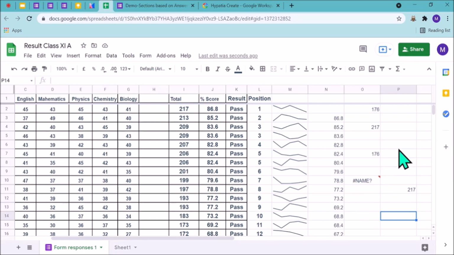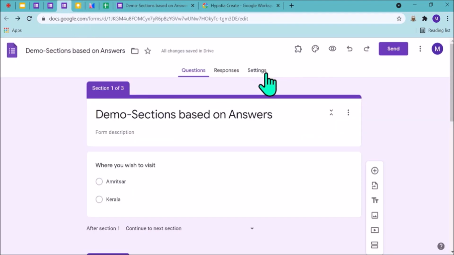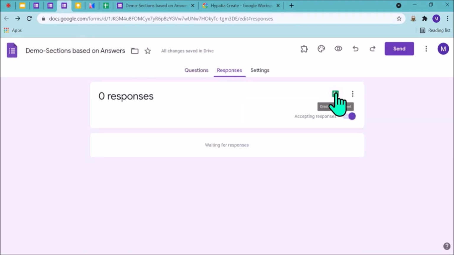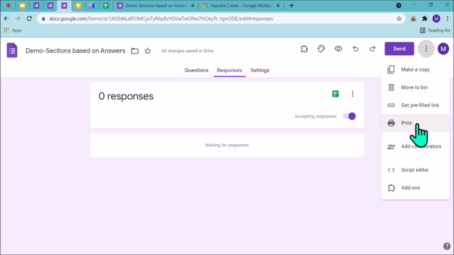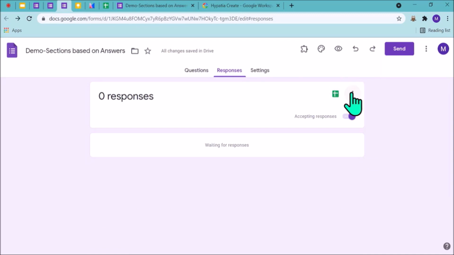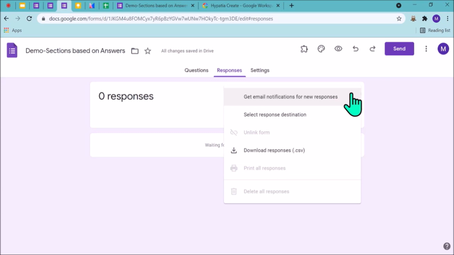Ma'am, how can we do that? What is CSV, by the way? Pardon, ma'am. Ma'am, just see. This is the response sheet. No, ma'am, next to the Excel sheet icon, the 3 dots. Yes, ma'am. It shows you download responses CSV. So when you download that, you get the question, answer as well as the marks of that question. That's great, ma'am.